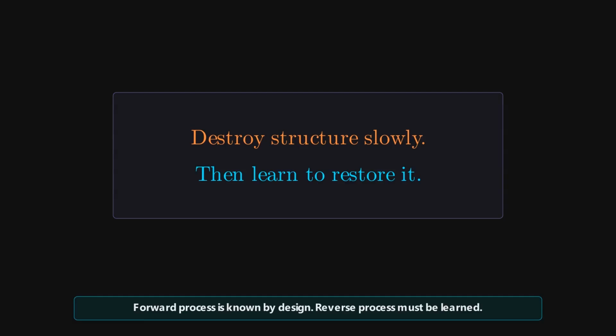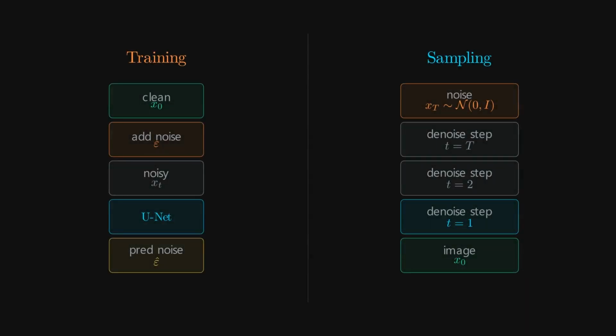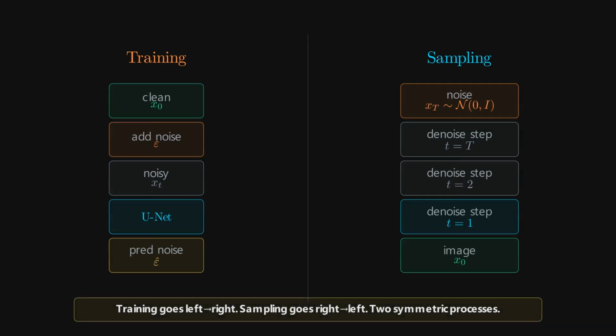This is the forward diffusion process. And the nice thing about this process is that we designed it. We know exactly how much noise we added. The real challenge is the reverse direction. How do we go from random noise back to something structured? How do we travel from chaos back to a cat?